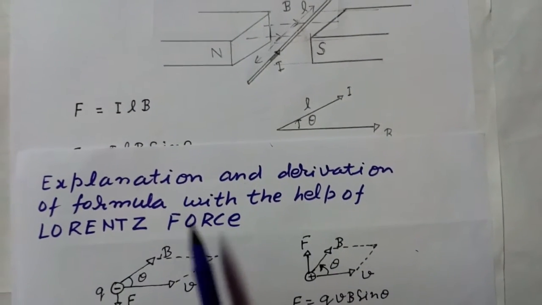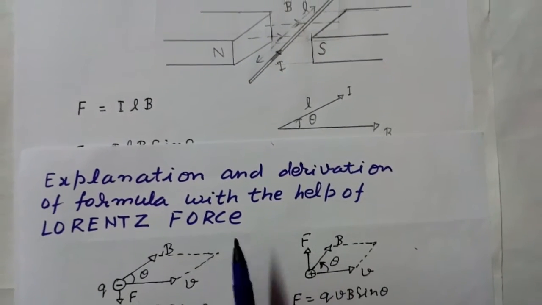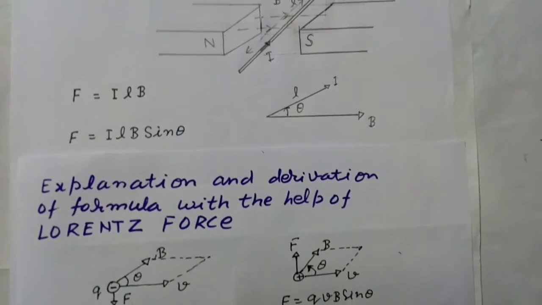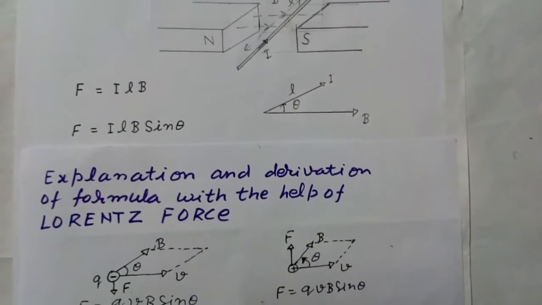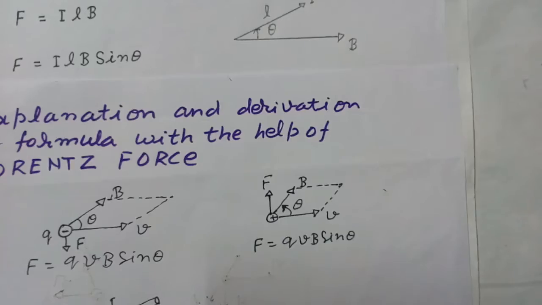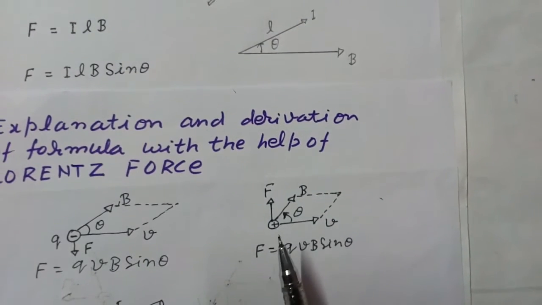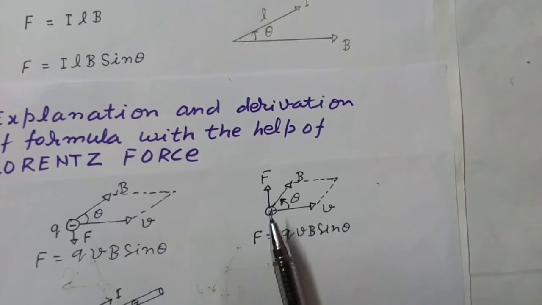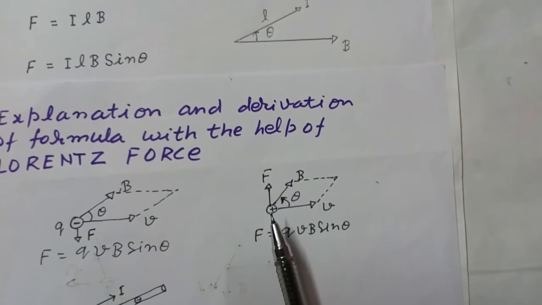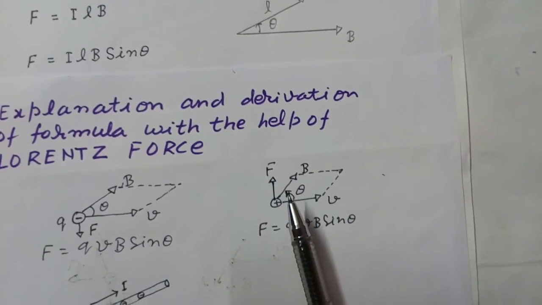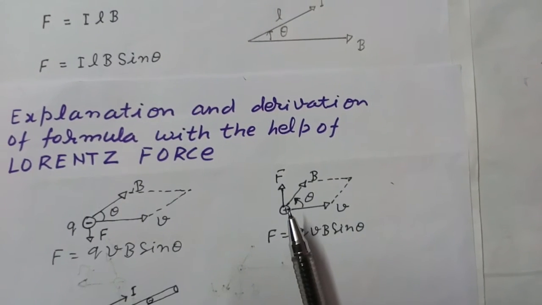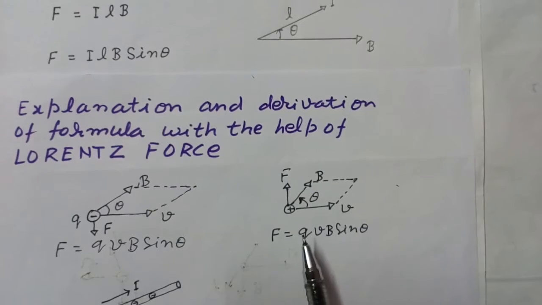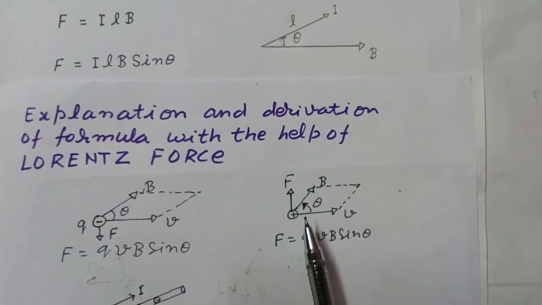Explanation and derivation of formula with the help of Lorentz force. Now we will derive this formula F is equal to ILB sin theta with the help of Lorentz force. We know that if a charge particle, suppose charge is plus q, is moving with velocity v making an angle theta with the direction of magnetic field, so this charge particle experiences a force given by qvB sin theta,